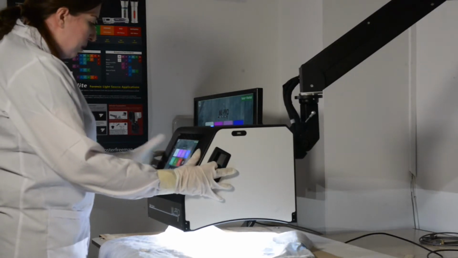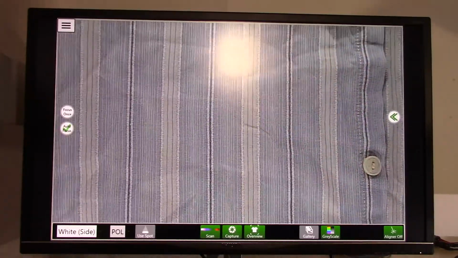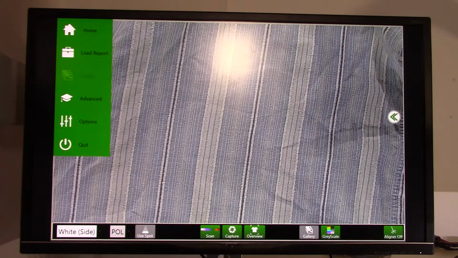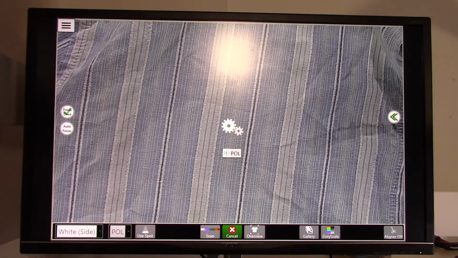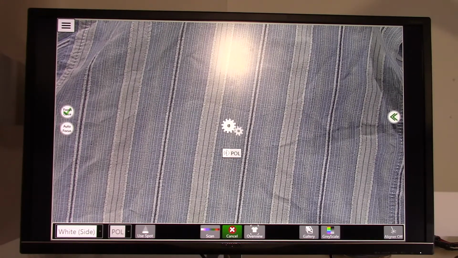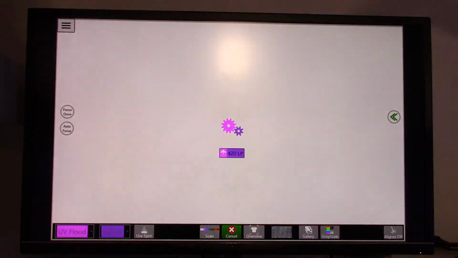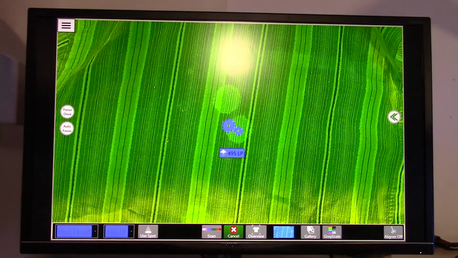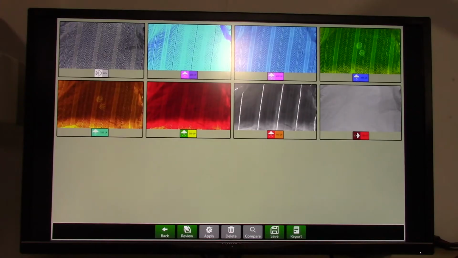Here, as we move through the white light, we cannot see any signs of accelerants on the evidence. One of the features of the ML Pro is it allows you to perform a full scan across the spectrum. So we'll start with the white light, moving through the UV, the visible and the infrared. This then leaves us with 8 different images,